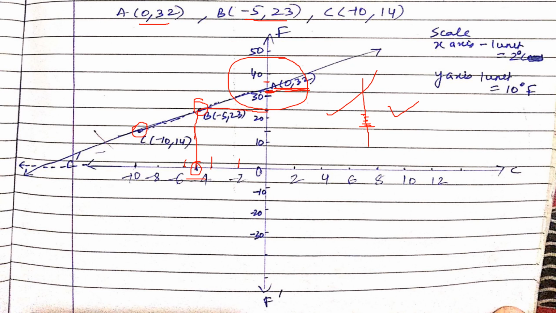If you compare this graph with that at the back of the book, it seems a little bit different. Don't worry, the scale used by them is different. That's all. This is correct. The scale you will take, that will be correct. Only one thing you should make sure: the points on the axis should be the same. So here, if you find the point on the y axis, they should be the same in the answer given at the back as well as here. Okay, make sure of this. Else both are correct.